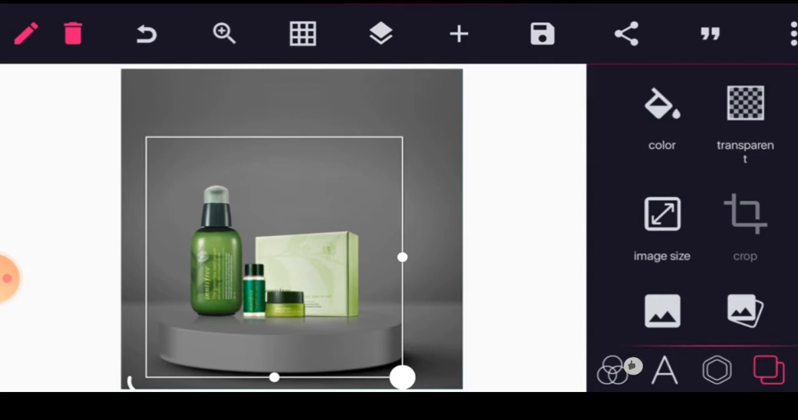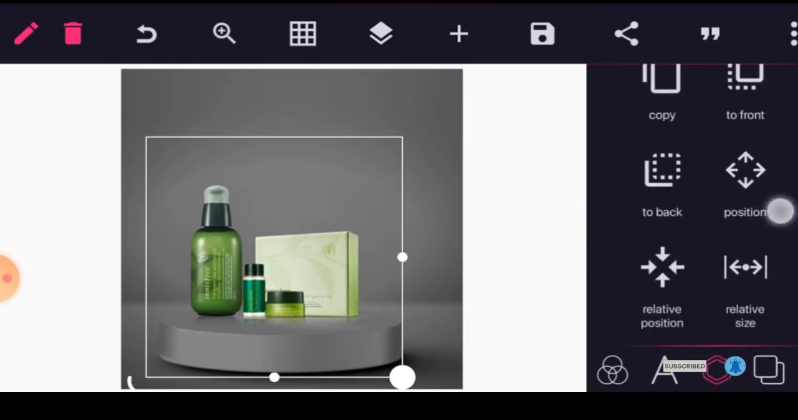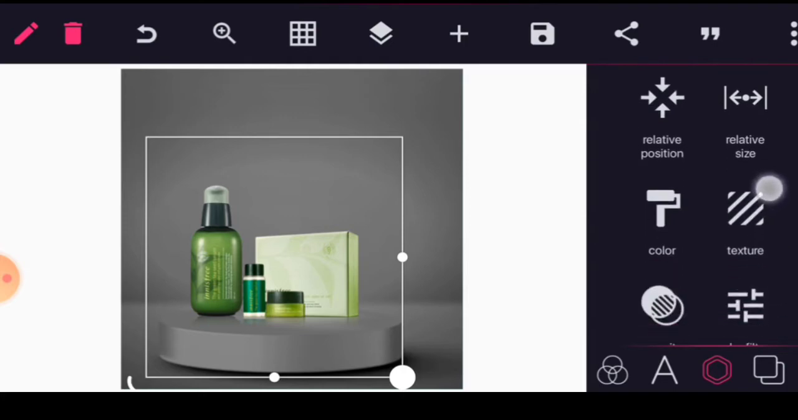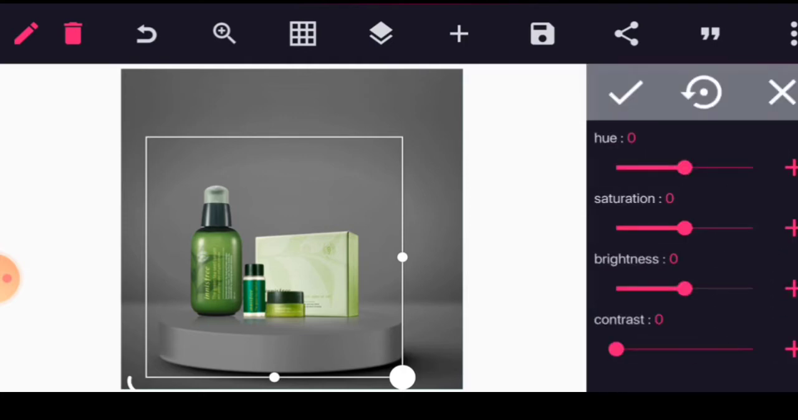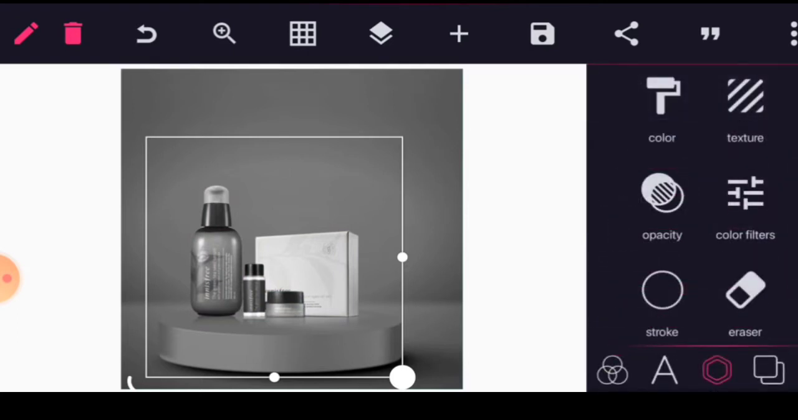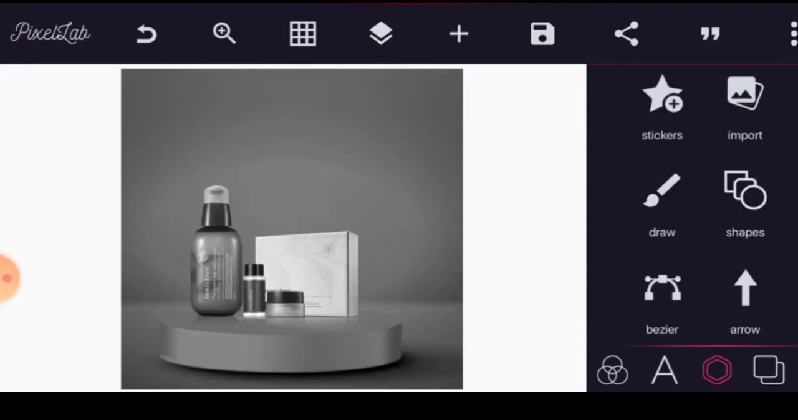we are using. So what you do, just click on it, swipe down, locate your color filter, and just change the saturation to -100, and that's all. Just accept it. Then you can now go back, lock it as well. Okay, so